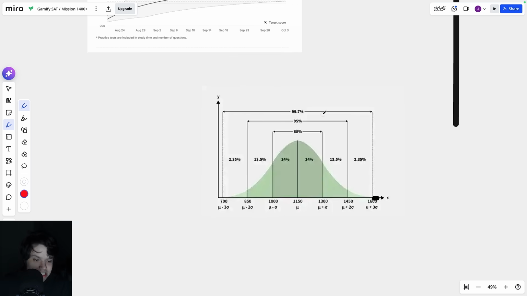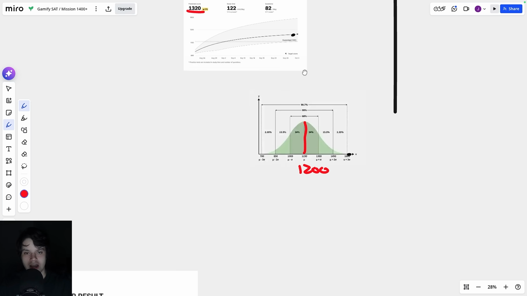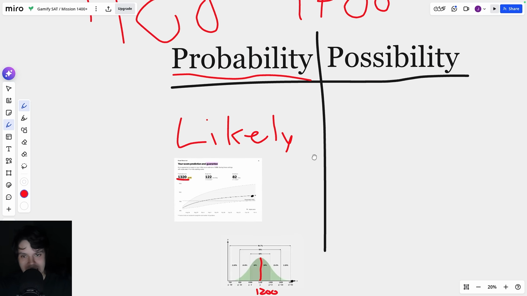Or if you take a practice test, for example, on the SAT, it is just one snapshot of where your score likely is to be. This is where, if you get a 1200 on a practice test, you're probably going to get maybe a bit higher or a bit lower than 1200. It's very unlikely that you're going to get a 1600 on the test. But here's the thing. None of what I just said there matters at all.